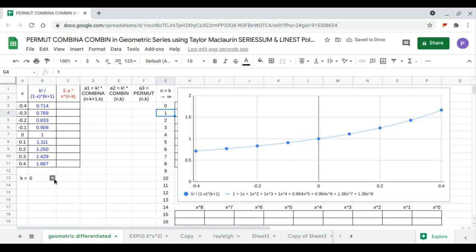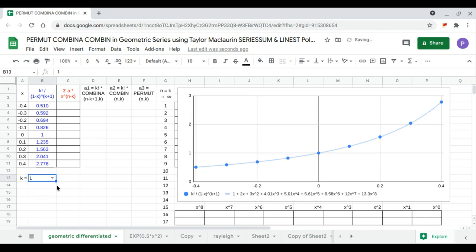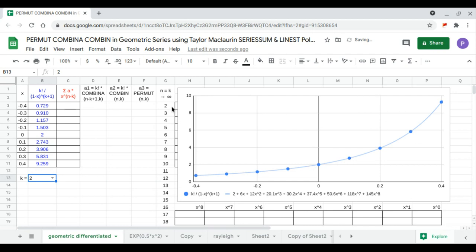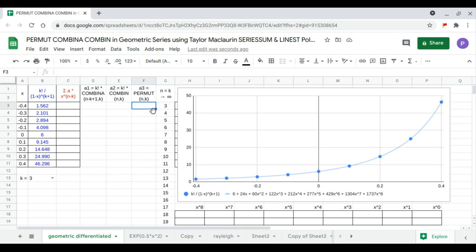So that's k equals 0. At k equals 1, our n starts from 1 to 17. At k equals 2, our n starts from 2 to 18. At k equals 3, our n starts from 3 to 19, and so on. Next, we continue with the